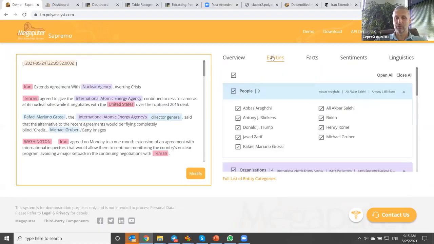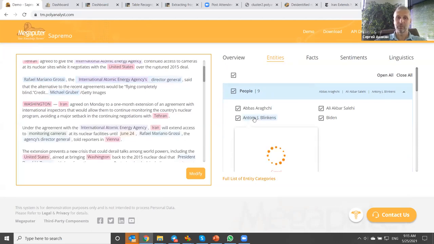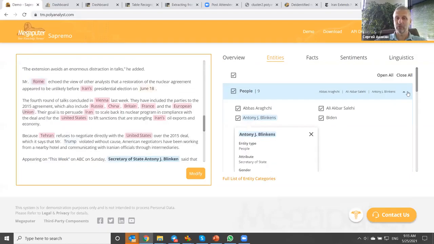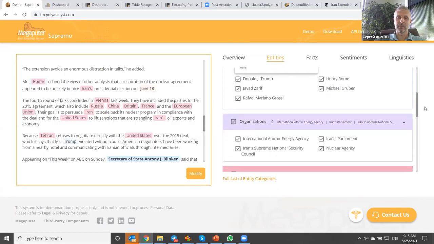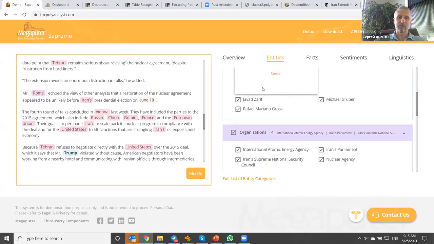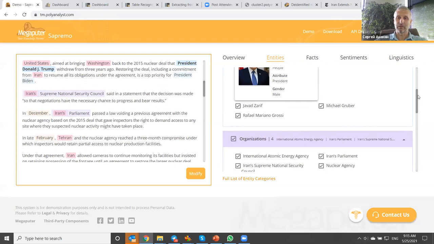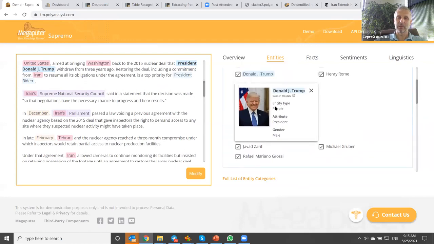We can go through entities, and you can see people who you possibly know, or people who we might not know. So the system will be recognizing them even if we don't find them, say, in DBpedia. So here we're connected to DBpedia. So some of these people, you will be seeing who they are.